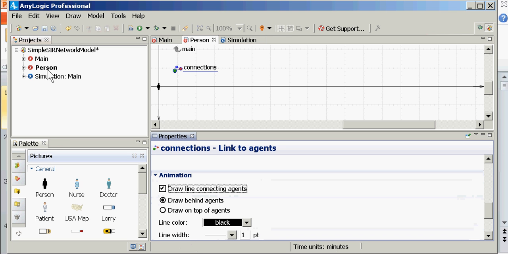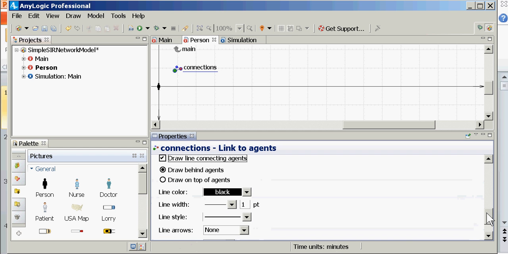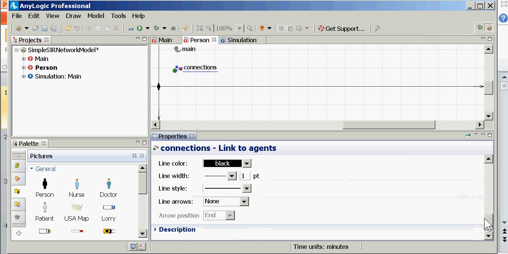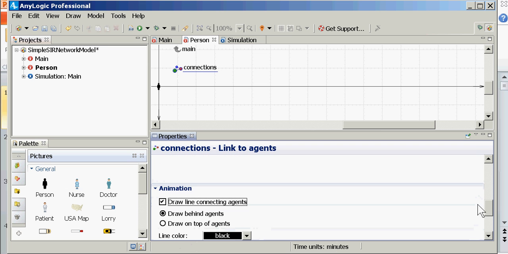So in person, I opened it up, clicked on connections, scrolled down, and notice we could further say the properties of this line, whether we want it to be thicker or thinner. AnyLogic has very nicely incorporated this ability to specify properties of connections, not making it all reduced to agents, but allowing us to specify characteristics of these things that link agents. Okay, so ladies and gentlemen, having done that, having checked this box,